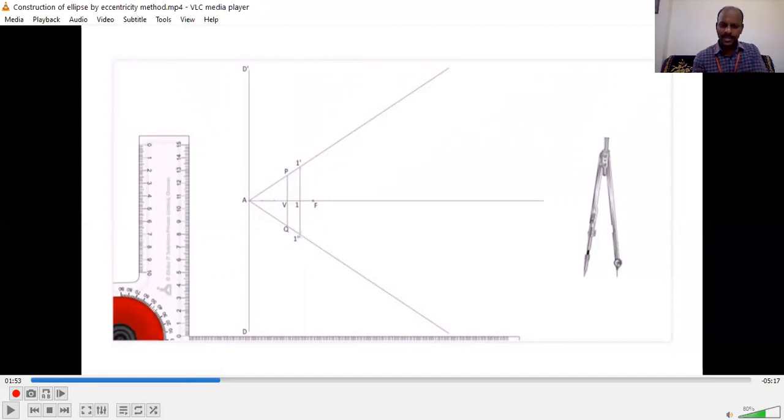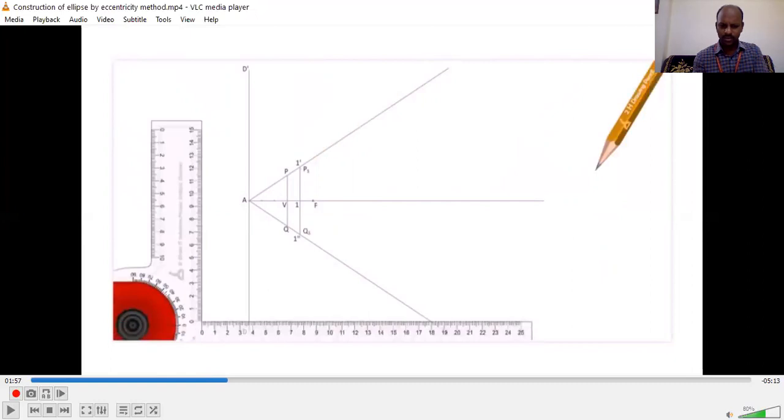So what I said, I need so many points to generate this curve, right? I am just going back after the vertex point. Remember, you take a number of points. I have taken one, and I drew one perpendicular line like this. With the help of this particular line, I got two intersection points, P1 and Q1. So numbering system you have to follow clearly.